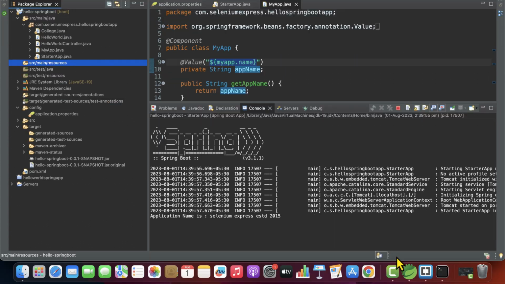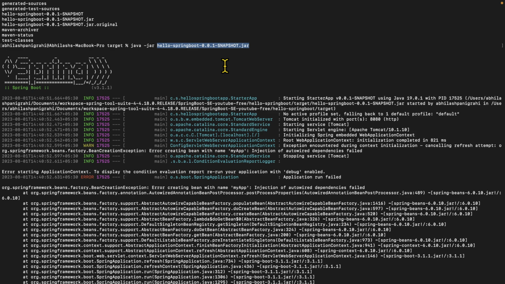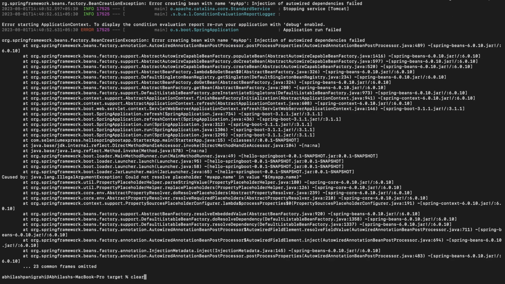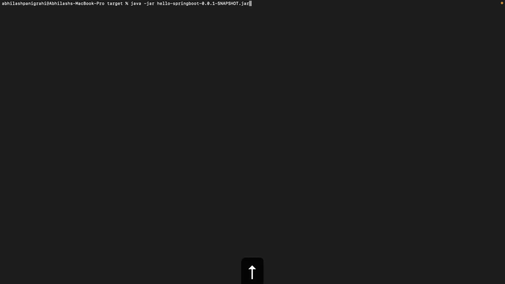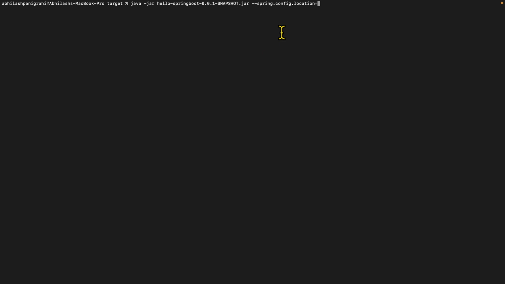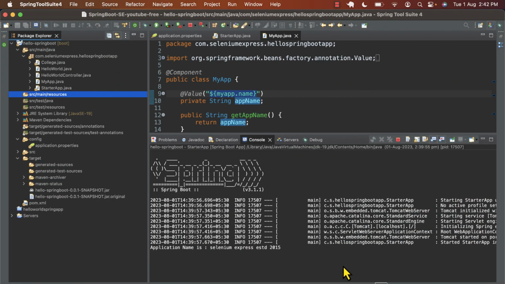So how can we specify the properties information right now? Whenever we are running this jar, let me just do a clear. We can say, load this properties file from this location. And the location is spring.config.location. This is a Spring Boot specific property. Give an equals and specify your location right here. So right now my location is